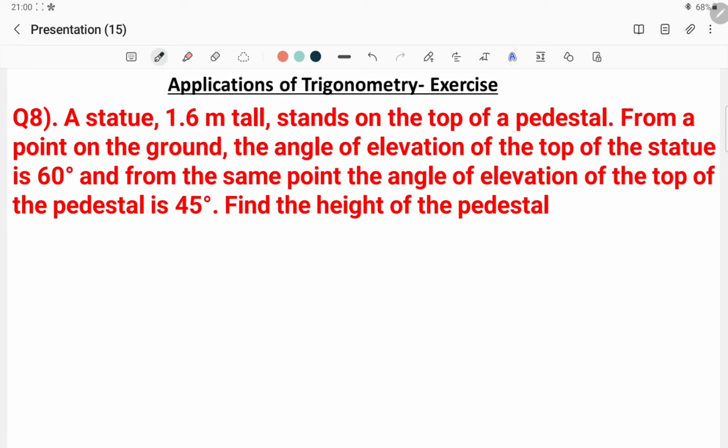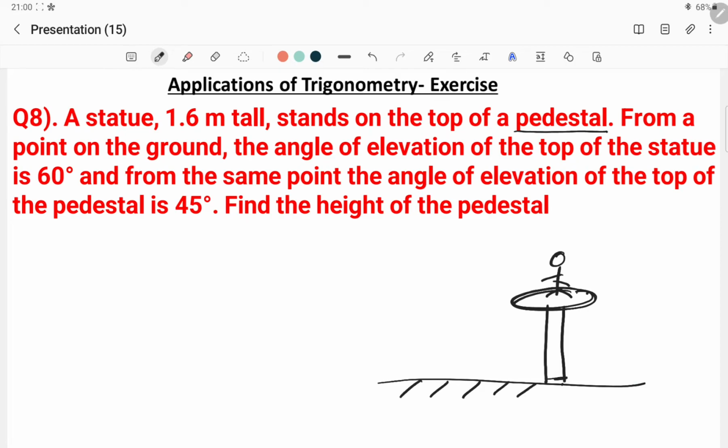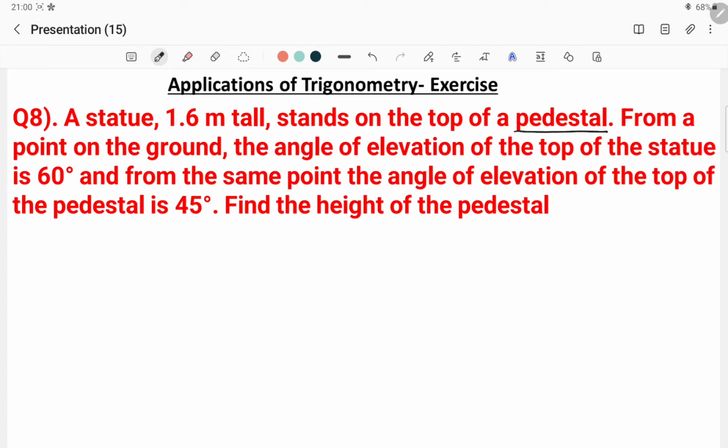You need to understand the meaning of a pedestal. Pedestal means they will be installing all these statues on top of this pedestal. You'll be having a support like this. Then this is the pedestal here, a round pedestal, and on this they will be putting all these statues. So this is the pedestal. This will be at some height from the ground. This is the ground level, and this is the height of the pedestal. So this is how they put all statues, right? You must have an idea, in all circles they would have put this pedestal.